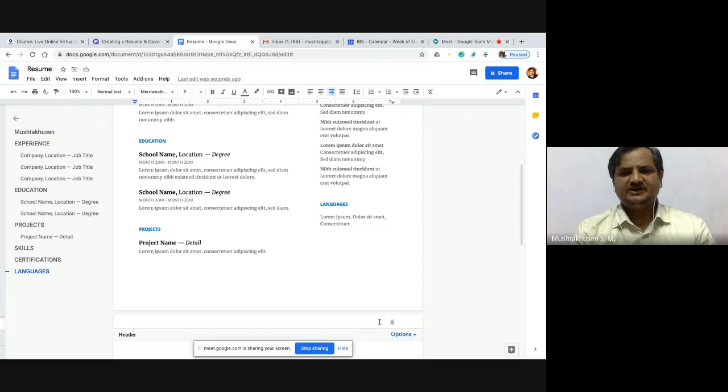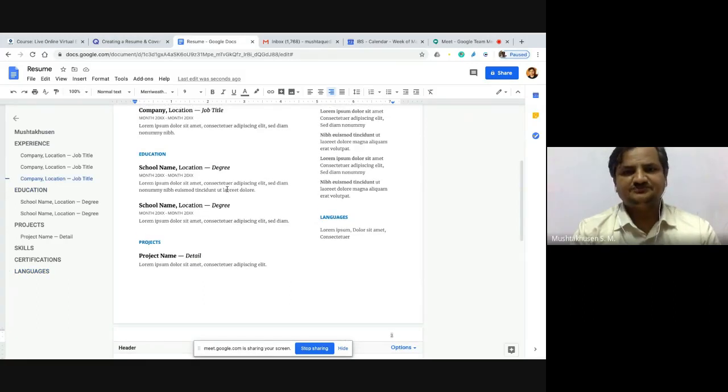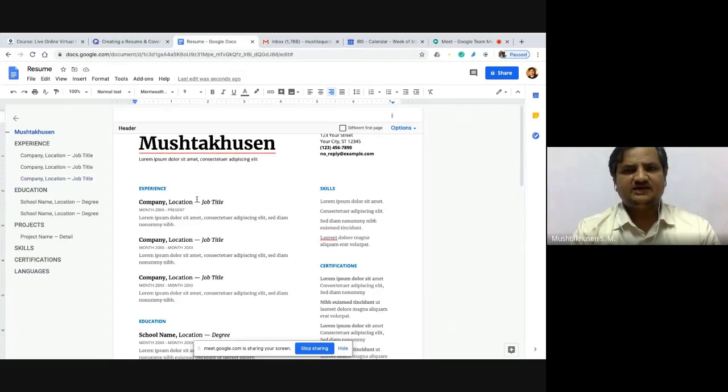Now it is always better to write your name then page number, so that if someone goes through second page, he or she should understand whose resume page that is. So this is how we can enter the page number. So we need to use insert menu. So this is how we can write our resume.